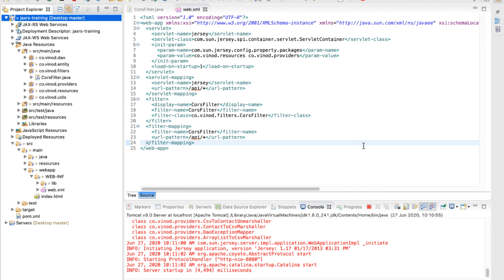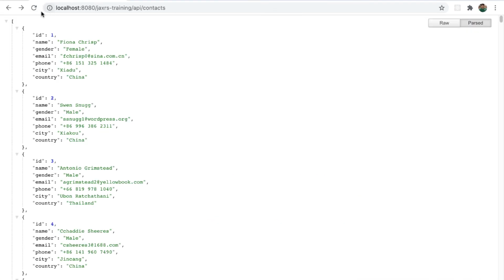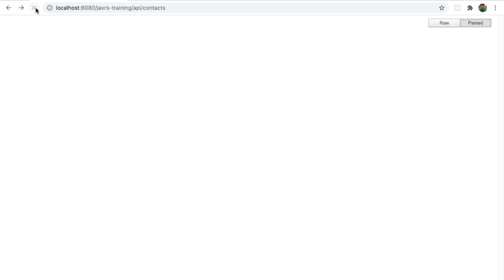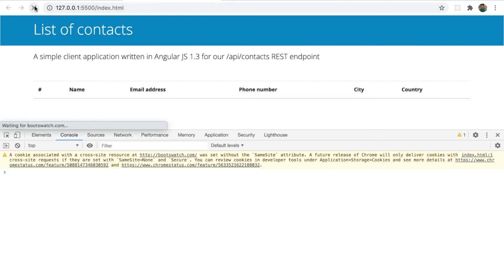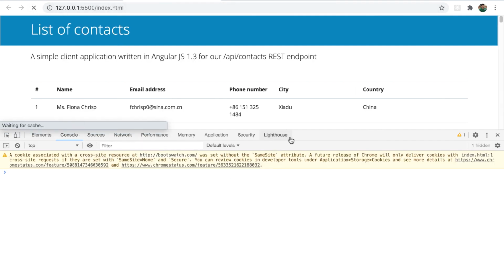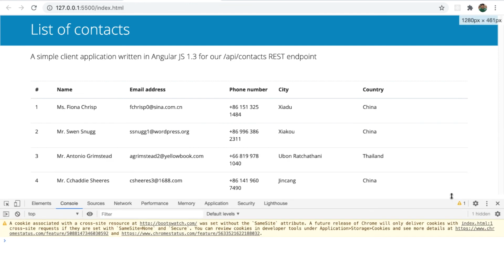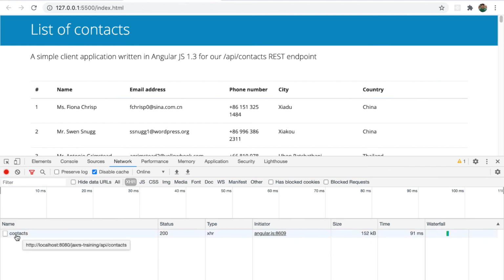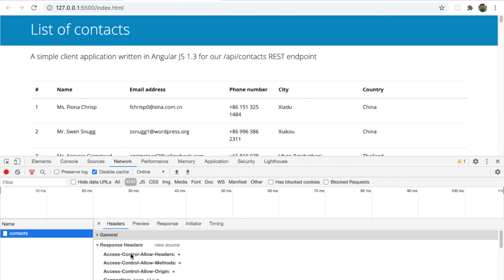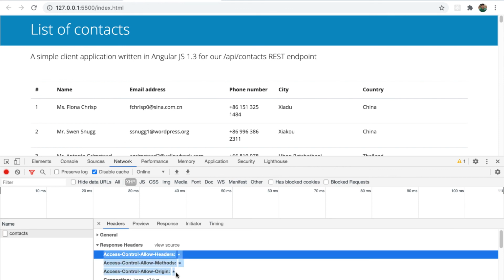Now if I go back to the browser and refresh the URL here, you see that we got the output, there is no problem. And also if I go here and reload, you should now see that we actually have the data and not errors. Because now if you look at the network tab, let's go to the XHR here. We made a request to /API/contacts. And if you see the response headers, the headers that we added over here are available. So this is the reason why we are now able to access it even if we are accessing it from a different port number. Not only a different port number, even if you access this from a different IP address, you should still be able to access the same thing.